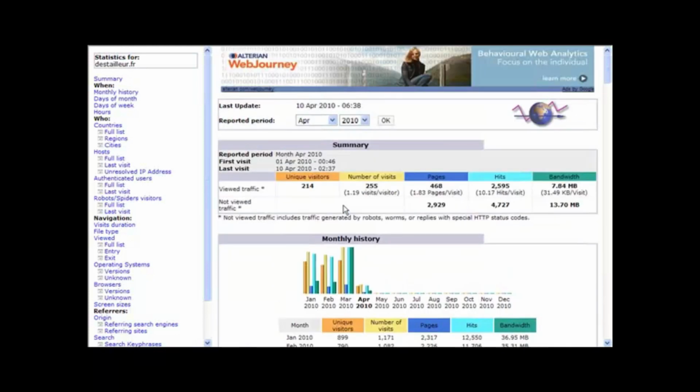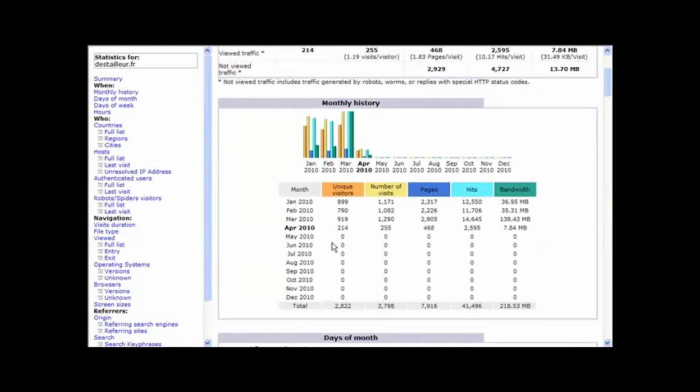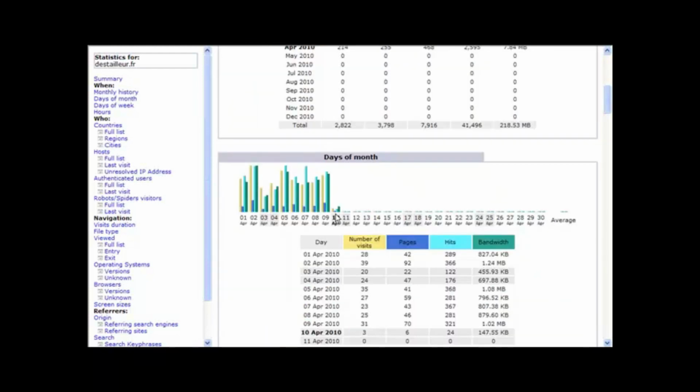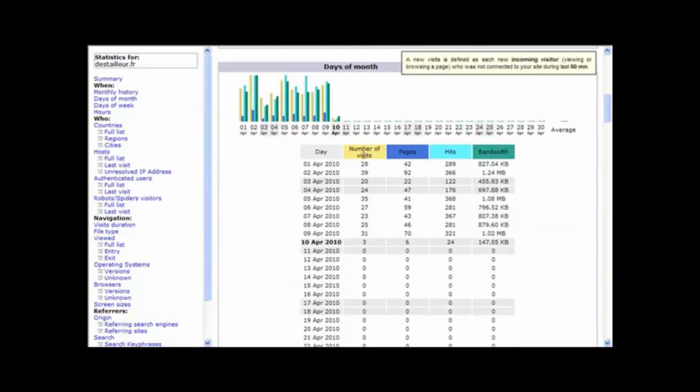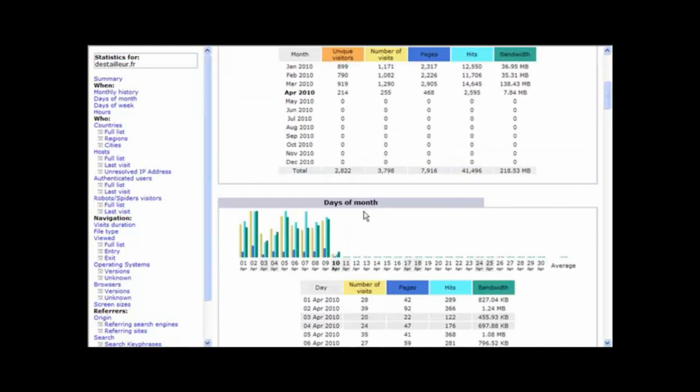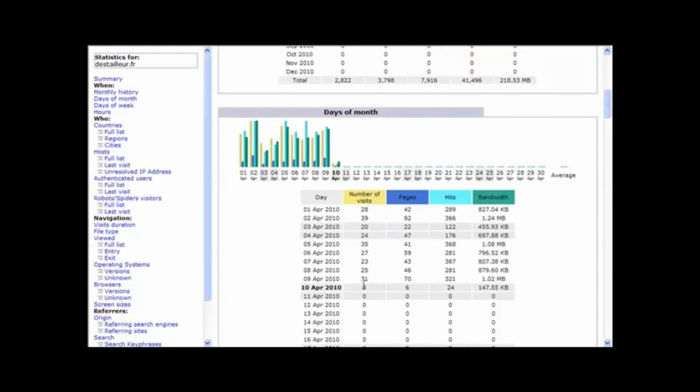Now, this is a sample, a demo of it that you can see, and you can see here it tells you how many visitors, and you can see some useful information appearing in the top here. So what we're interested in is here you can see how many people coming in each month, and here you can see how many visitors you get per day. So this is very, very useful. Basically this is the figure we want to take. So we set our conversion going on, say, the 1st of April, and we're now on the 10th. So we scroll up, 214 visitors so far.